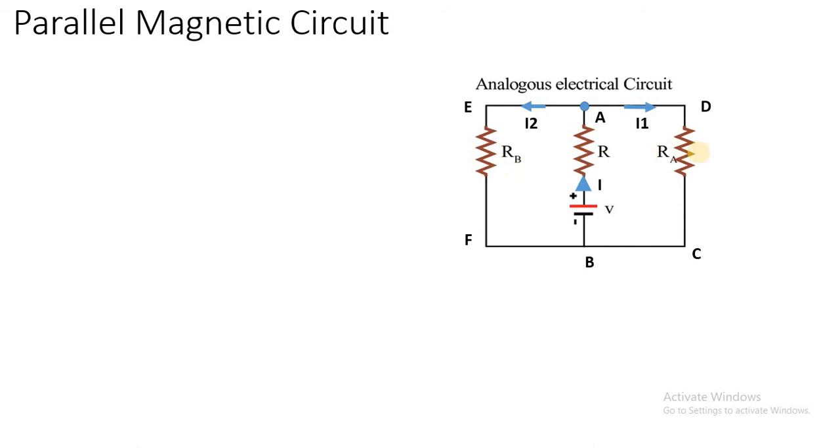So, in a parallel circuit, what do we get the same across the resistances, current or voltage? Voltage. Very good. So can I say that I2 into RB, the voltage drop across RB, is equal to the voltage drop across RA, which is I1 into RA? I'll repeat again. The voltage drop across RB and the voltage drop across RA are equal. So I2 into RB is equal to I1 into RA. Can I say that?